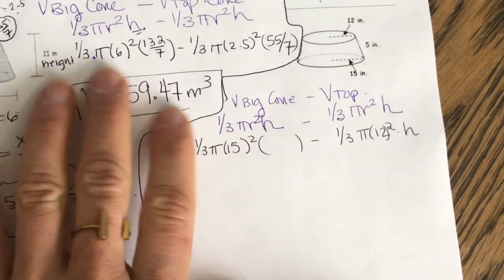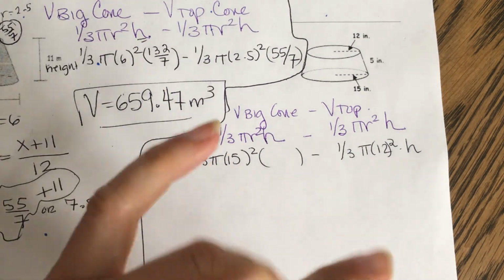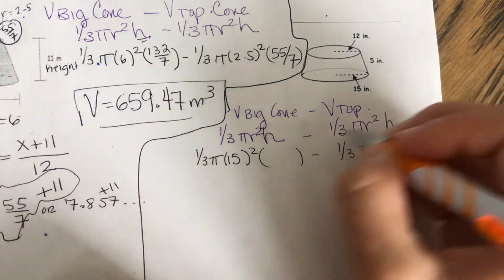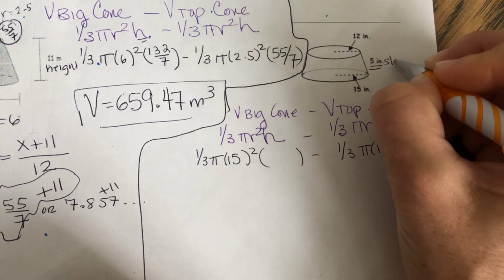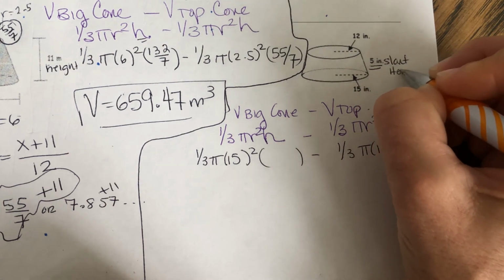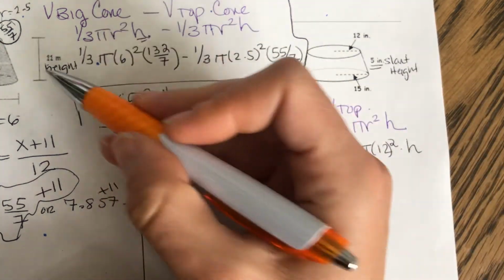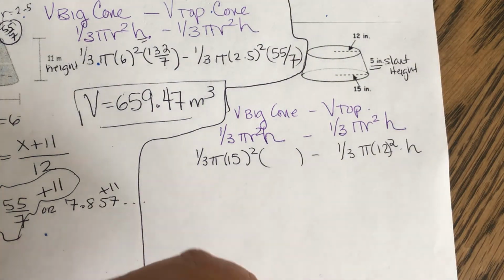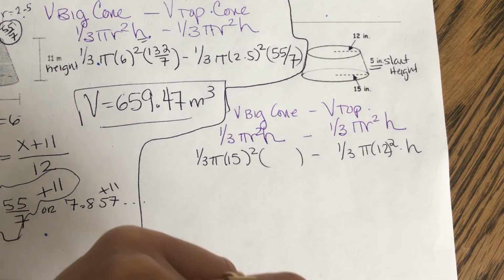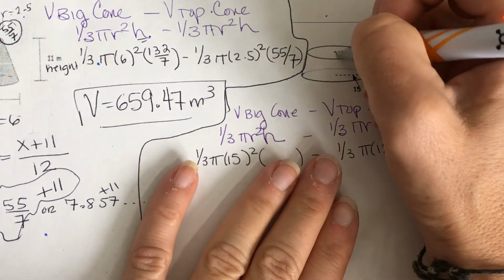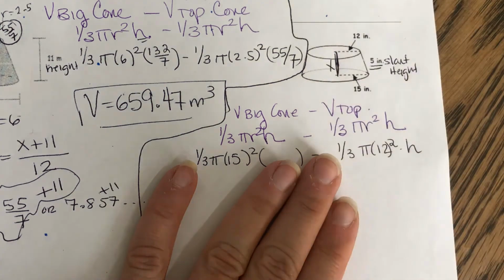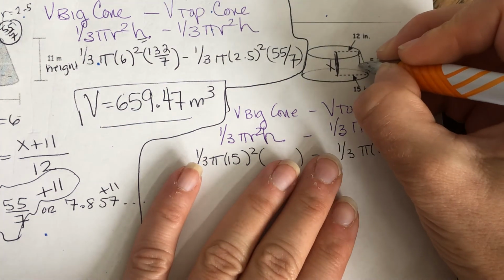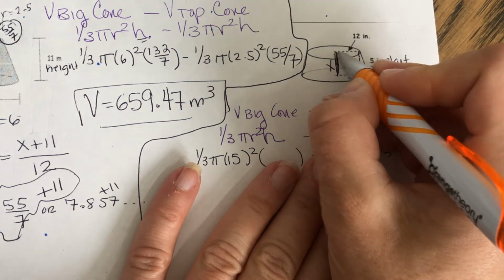Okay, now the thing that's different with this one is the 5 is our slant height. Hopefully you see the difference between this one and the last one. They went like that to show you the height. This is 5. Now, in surface area, we want the slant height. We do not want the slant height here. We want the height. So let's work our way backwards, which we did plenty of times. We want this. 12